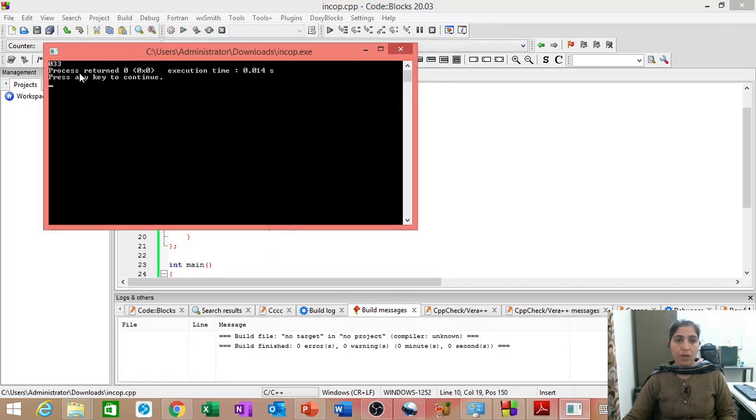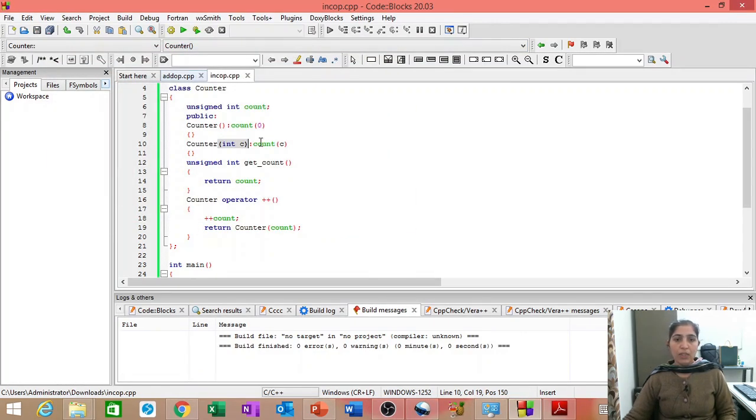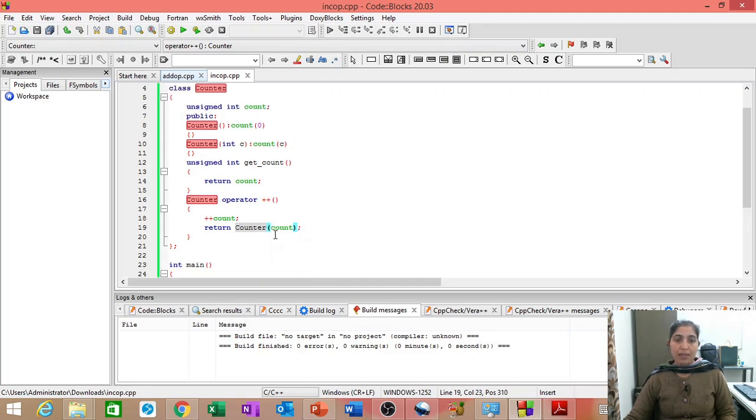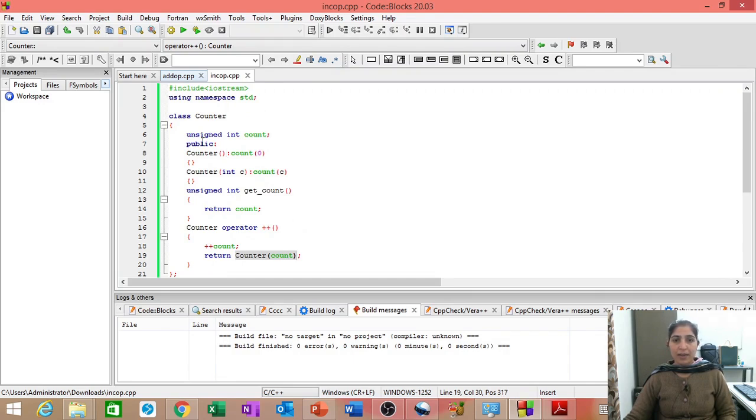Okay. So now it is working in the same manner as the previous example, but the only thing we have changed here is we are not creating any temporary object, but we are creating a nameless object and we are returning that. Okay, and how are we creating this nameless object? Name of the class and then in the parenthesis we are passing an argument. So this is a call to the constructor. Okay, so the constructor will create an object without any name and that object will be initialized to the value